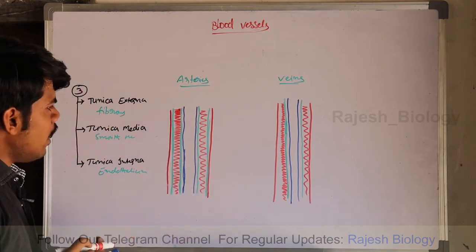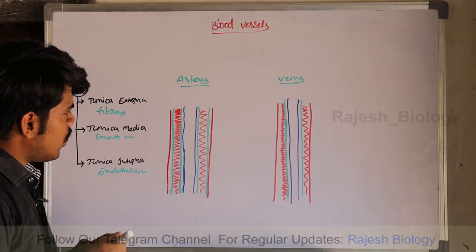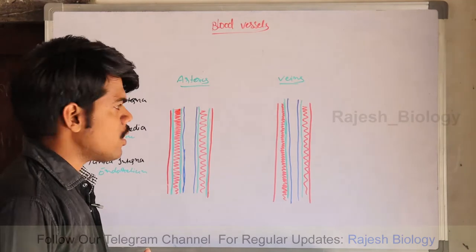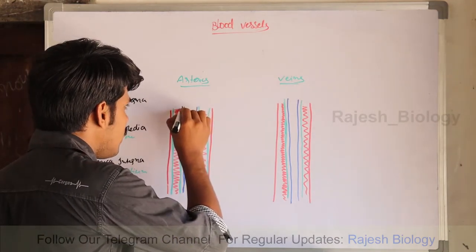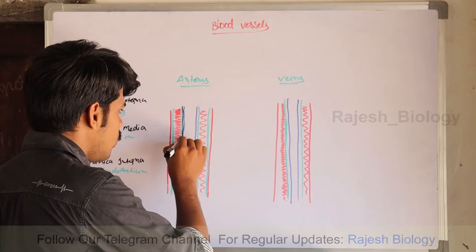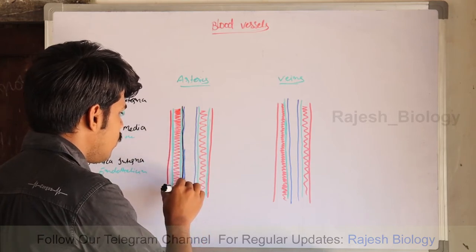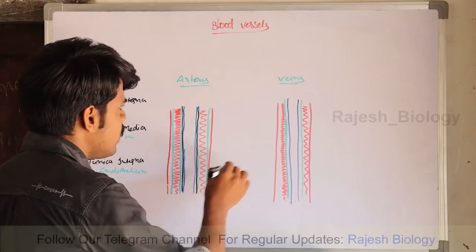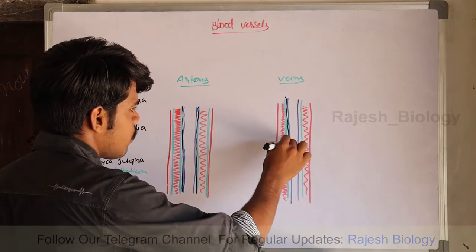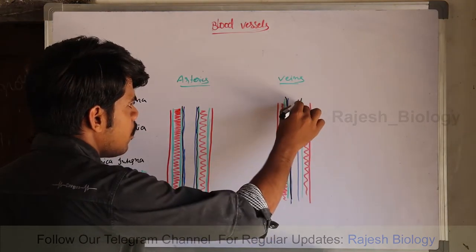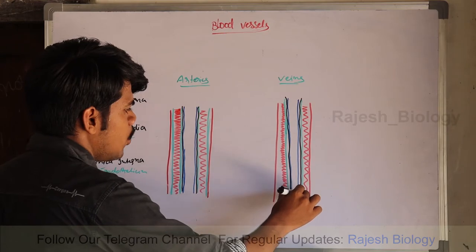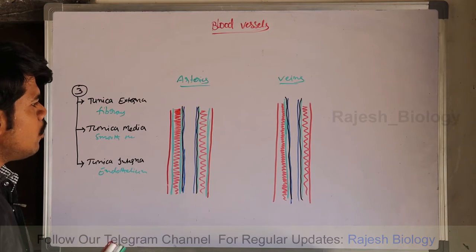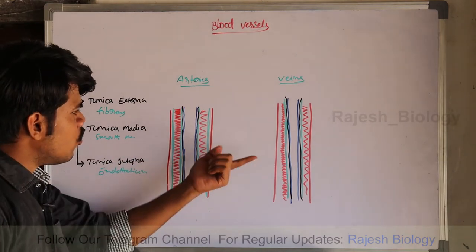Okay. And there is one thing which we forget. Where there is an endothelium, where there is an epithelium, there is a basement membrane, because it always lies on the basement membrane. Epithelium is always present on a basement membrane where there is epithelial tissue. Epithelium is nothing but endothelium. Okay. There is a basement membrane here. You already know about the epithelium, mesothelium and endothelium. Okay. So these are the differences between arteries and veins wall structure.